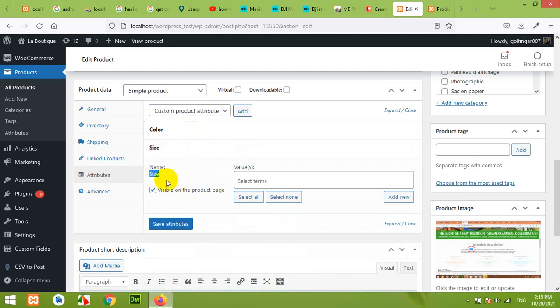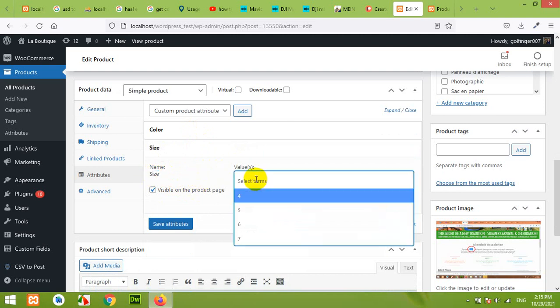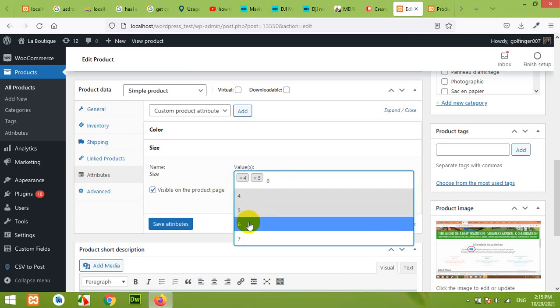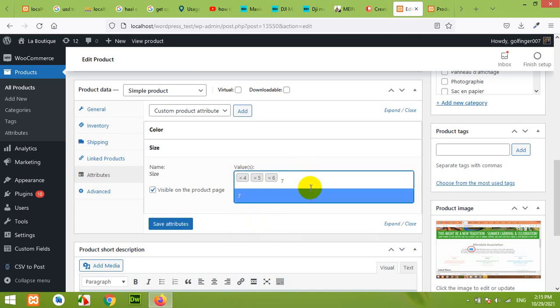You cannot change the name, but for values as well you can add multiple values, but you cannot type anything here. Typing is just for searching a value. For example, if you type 3 or 2 or 1, then if its name is there, it will be detected. But if you type 6, then you can see here is 6, 7.